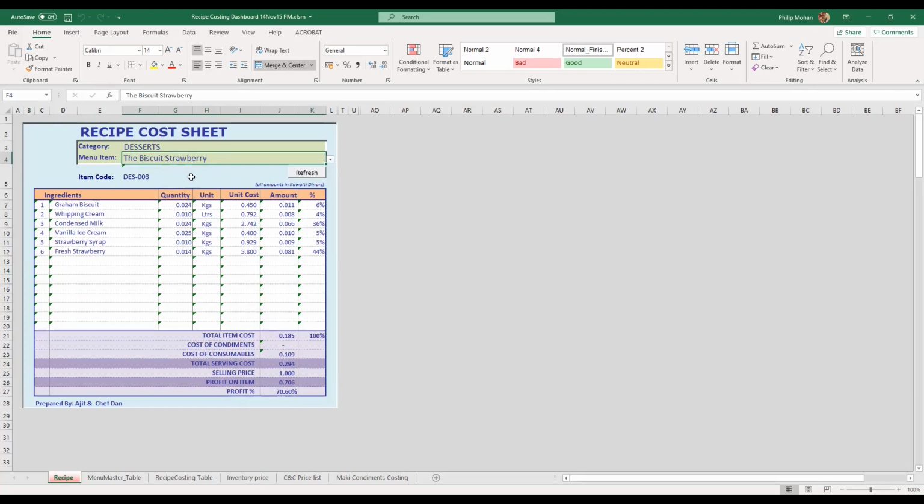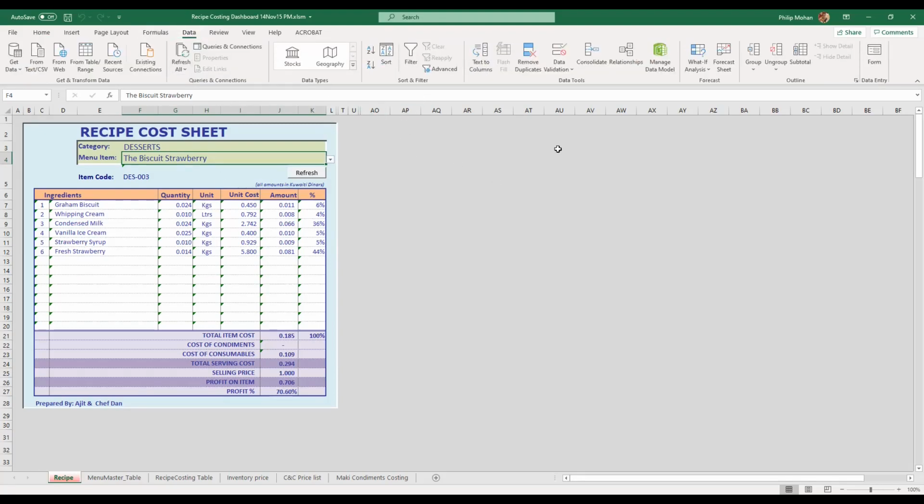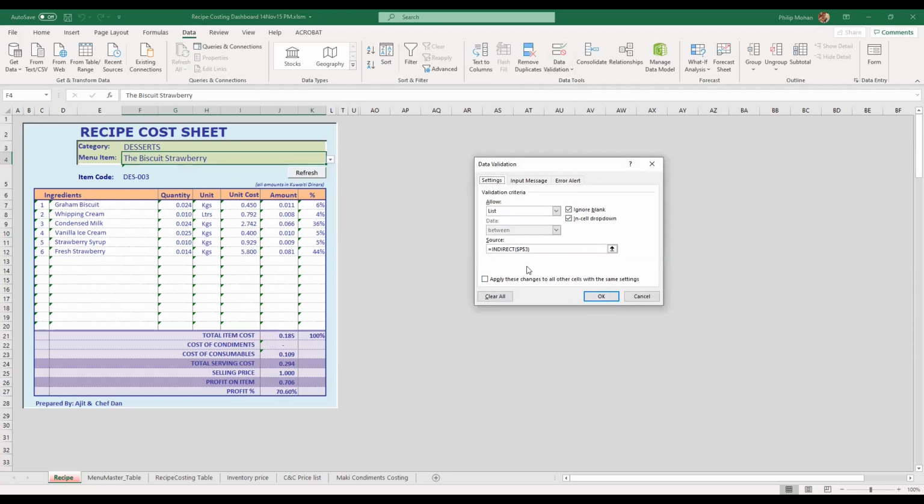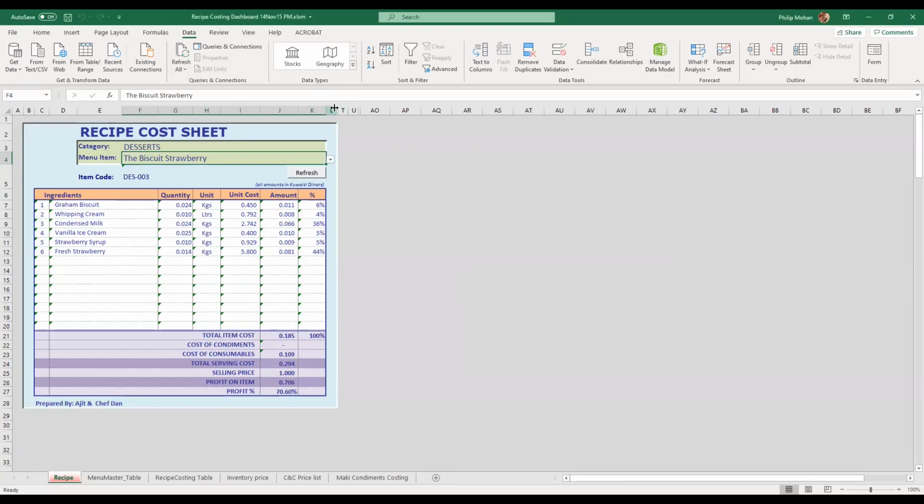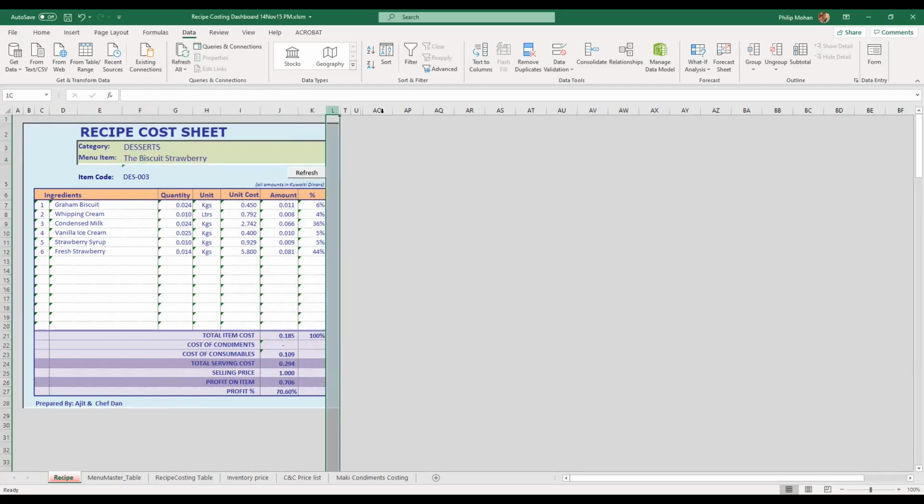So this is where I have used the drop-down list, but it's a little bit more advanced because the second drop-down list is a conditional drop-down list based on the previous selection. So we got to see how that's done. And to be honest, I have no idea. So let me just go and have a look. That's very exciting, Mosha. I was looking forward to this. Okay. Indirect P3. Where is P3? Okay, let me just open up the hidden cells.